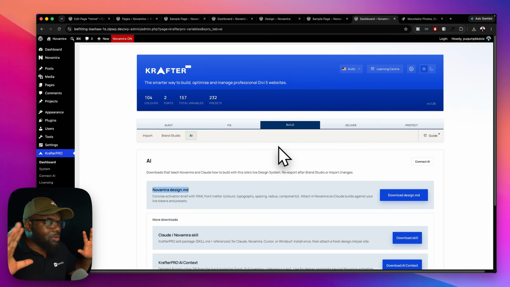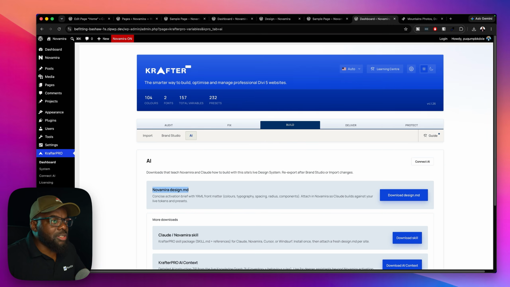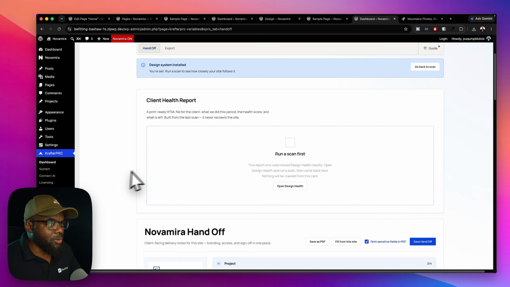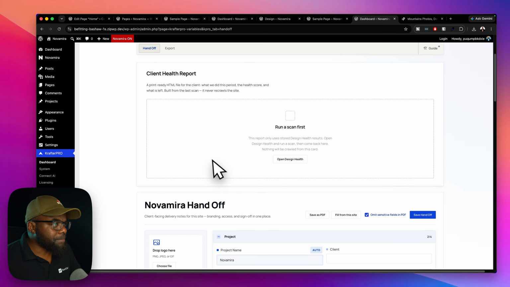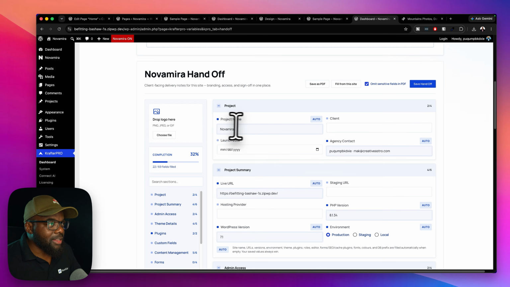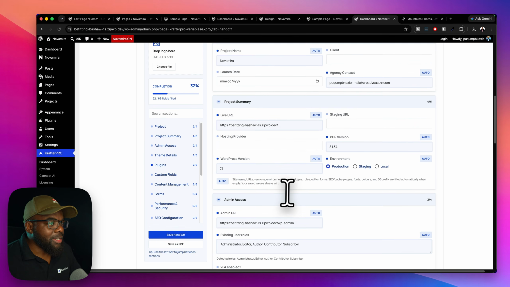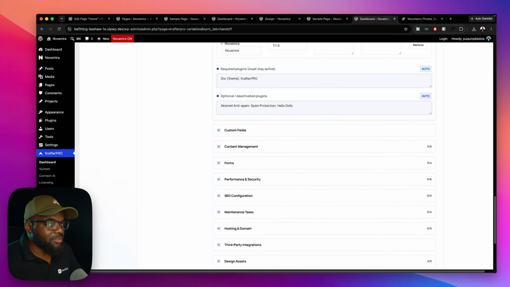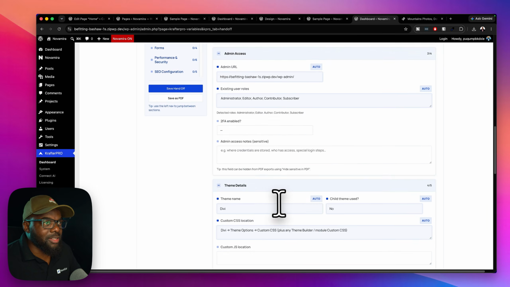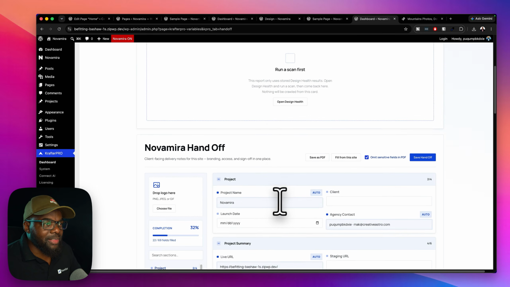So let's say you've done all that work, you know, everything is all good. Now you want to deliver this to the client. You come over here to deliver. Okay, first of all, you can fill in this handoff form. So this is where you add the project name, the client name, all this information here for your client. Now that you've finished the job, you can go in and fill in as much information as you want. But you know what? We're not going to spend time filling that in. So I'm going to say